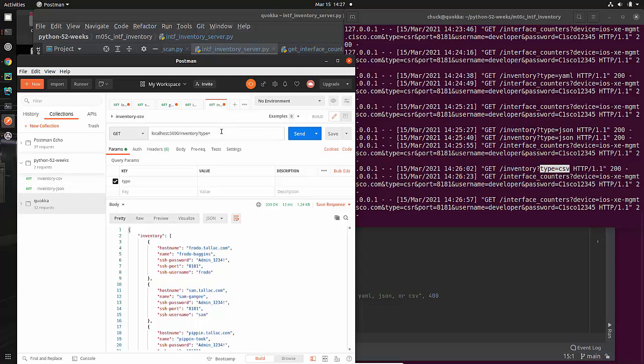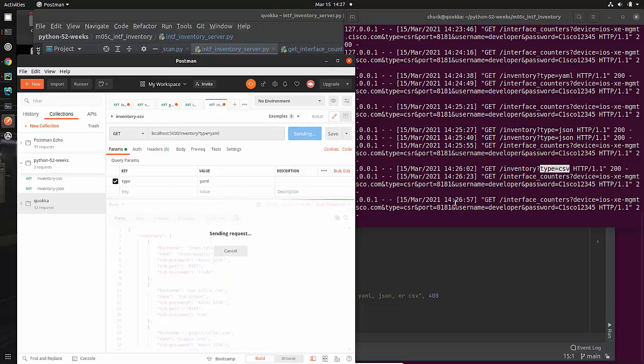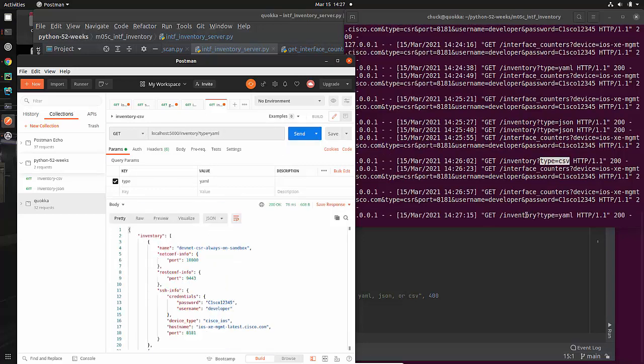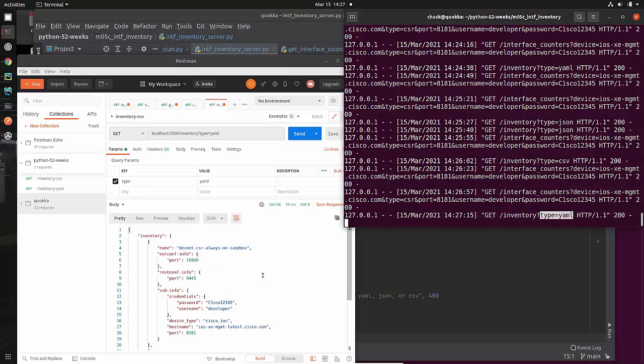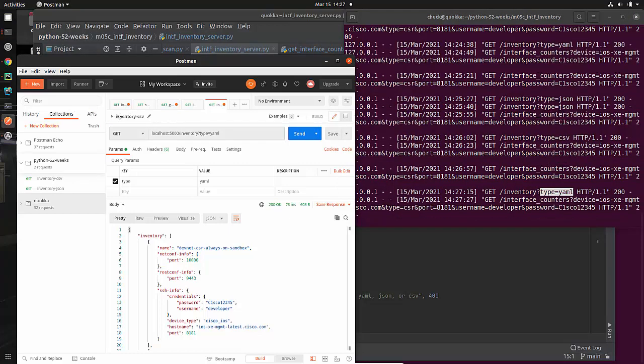So I'm going to type in YAML here, and I'm going to do a send, you'll see it pop up over here. That's my type equals YAML. I got the data back. Now if I say, oh, that's cool, I want to save it, and I click that, guess what? I'm going to blow away this thing right here, my